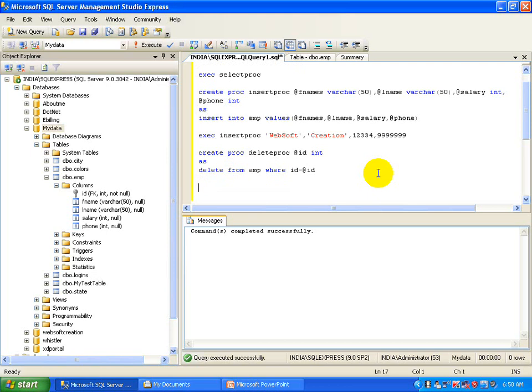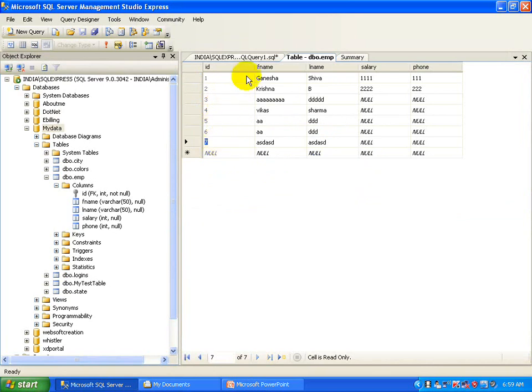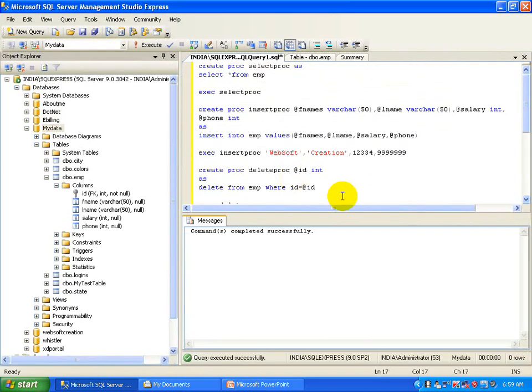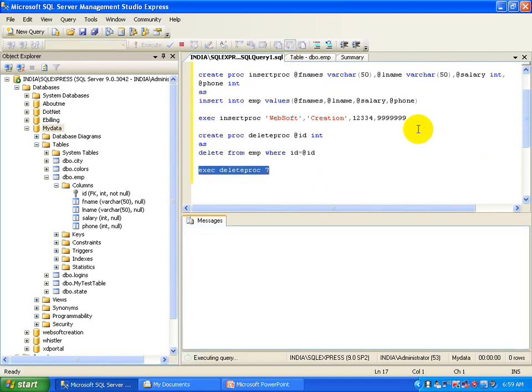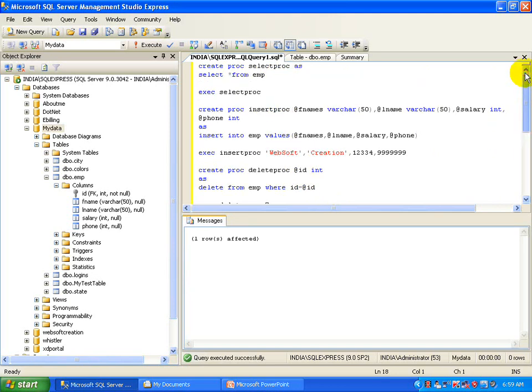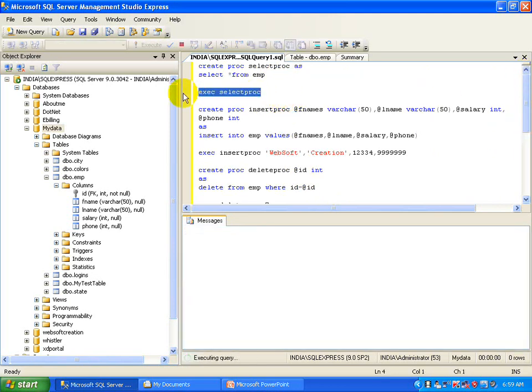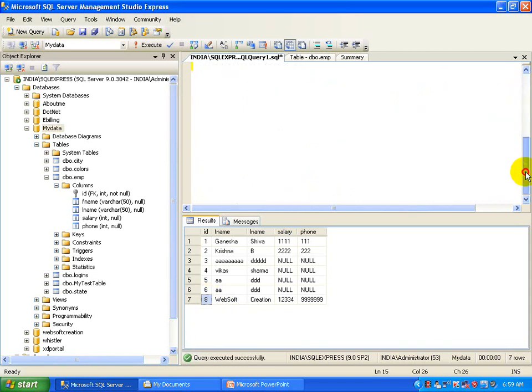Now exec delete proc and the id value. I want to delete data from id 7, so I will write here 7. Press F5, one row affected, and you will see that the data from the 7th row has been deleted, so 7 is not available here. In this way we can create a delete procedure.